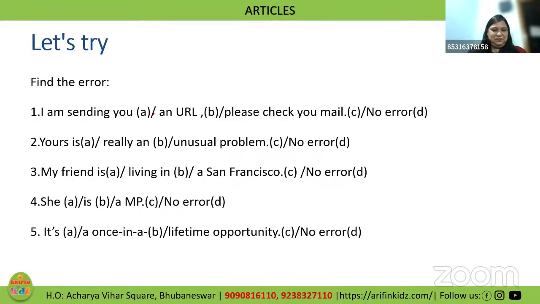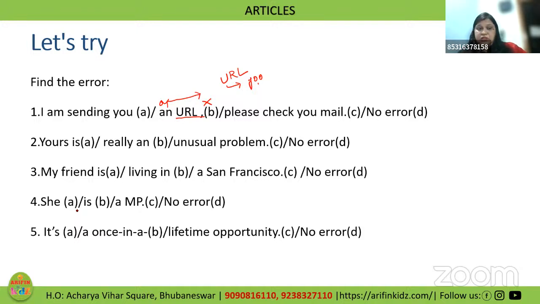1A. Now tell me, what is this? An URL, right? How should it be pronounced? No, it is not URL. It is URL. The sound is again U coming from Y. So here we have the incorrect. So the answer to the first one is B. Yes. Now I'm getting the correct answer.